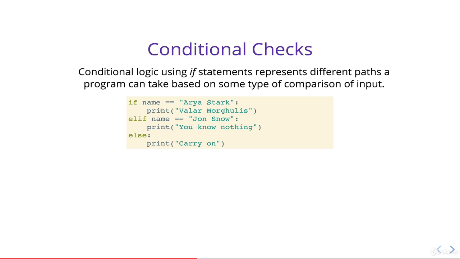So another little Game of Thrones example where we have a variable called name. And we're checking if name is equal to Arya Stark. By the way, this double equal sign, we're jumping ahead. We'll talk more about it in a couple videos from now, but it's how you check for equality. A single equal sign, remember, is to assign a variable. So if we had a single equal sign, it would try and save Arya Stark into the variable name. Double means compare them. So if name is equal to Arya Stark, so this is the do something if true.